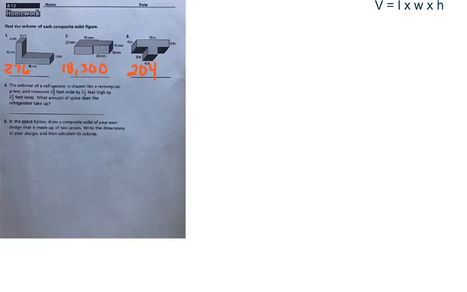Number 4 says, the exterior of a refrigerator is shaped like a rectangular prism and measures 2 2/3 feet wide by 5.5 feet high by 2.5 feet deep. What amount of space does the refrigerator take up? And you can go ahead and draw it if you need to, or you can just simply plug it into your formula where you take